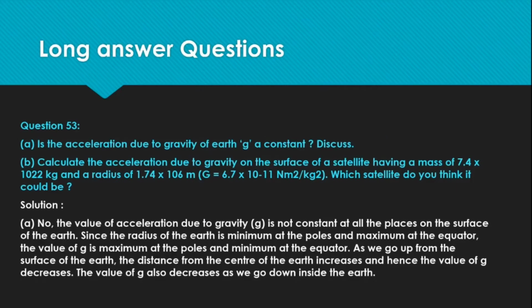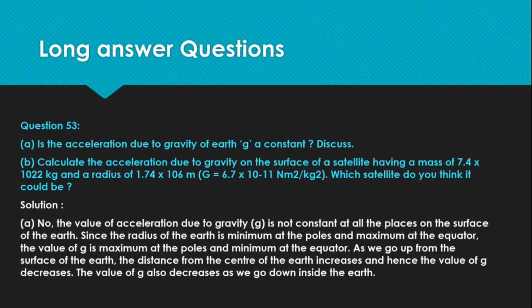So question number 53: is the acceleration due to gravity of Earth, g, small g, a constant? Discuss. And calculate the acceleration due to gravity on the surface of a satellite having a mass of 7.4 into 10 to the power 22 kgs and a radius of 1.74 into 10 to the power 6 meters. Which satellite do you think it could be? So the solution for the first part is